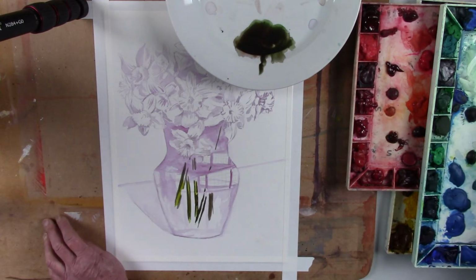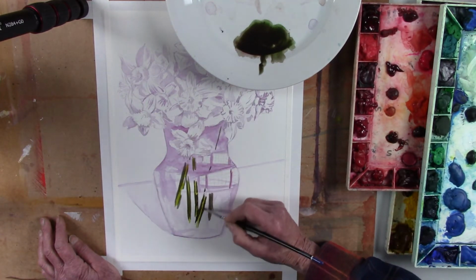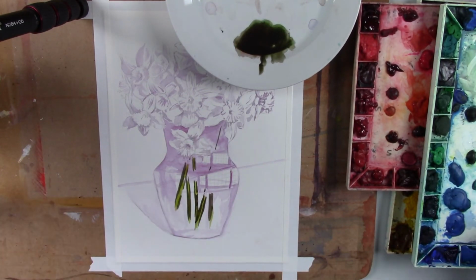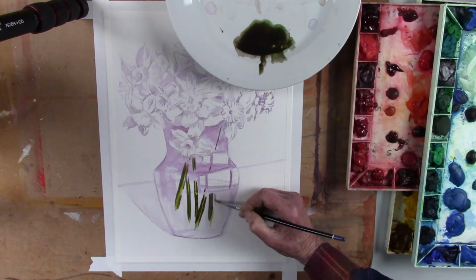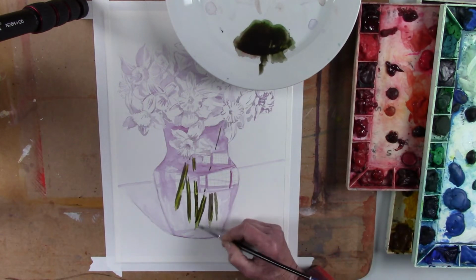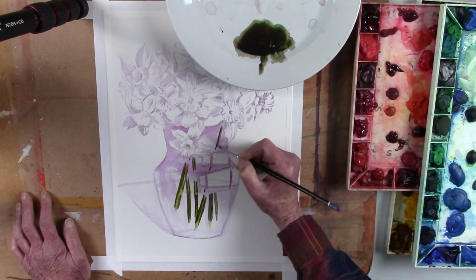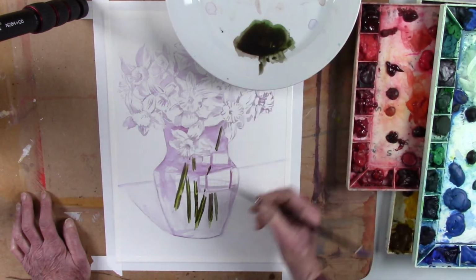In actuality, the daffodil stems are pretty dark all the way through, and they're not so brown green as this green. But I just want to do a little bit to get that process started. And let's see, how much do I want to do? Not too much. I have to be careful not to overdo the stem part of this thing. And I also don't want to make it very thick because I don't want it to lift when I put on the glaze above. This paper, Canson,